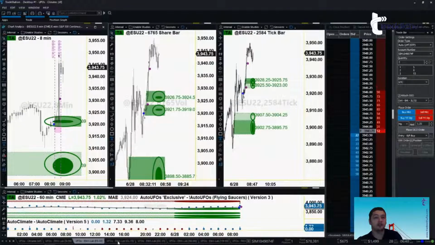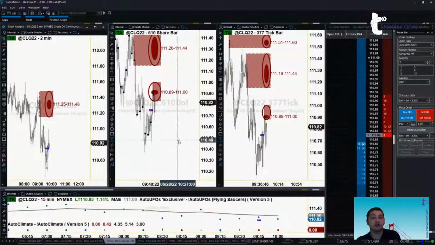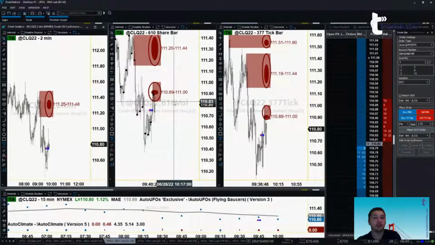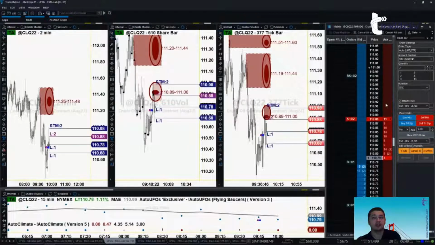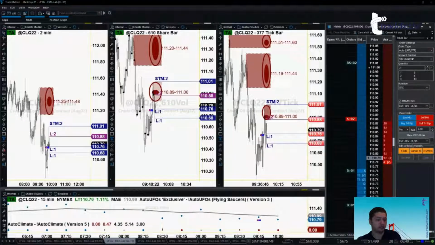ES kind of doing the same thing there. All right, cool. Okay, now for 11 even. This would actually not be a bad trade to get in at 110.90. So basically, we'll be going in on this UFO here, 110.88 with a stop. Okay, that's much better at 11:01. That's a much better trade than what we saw earlier, in my opinion,